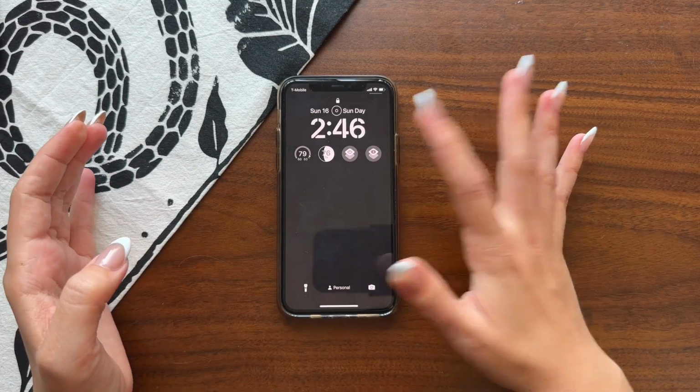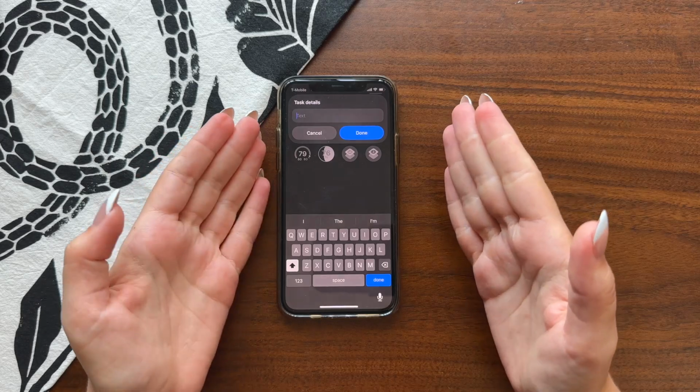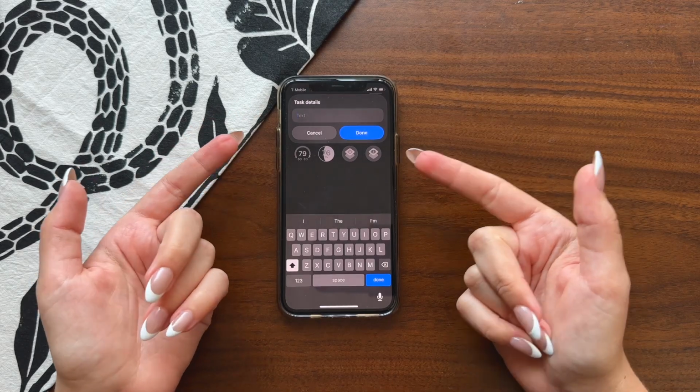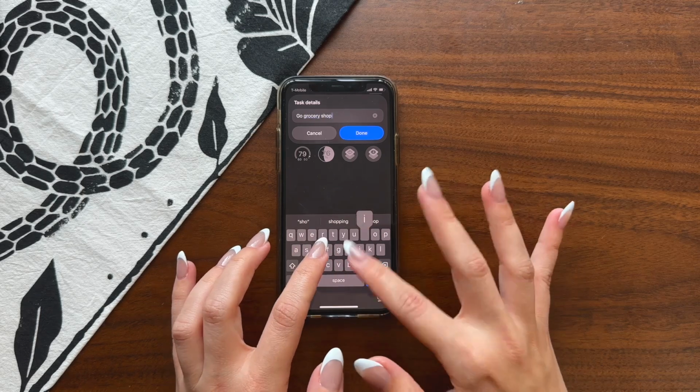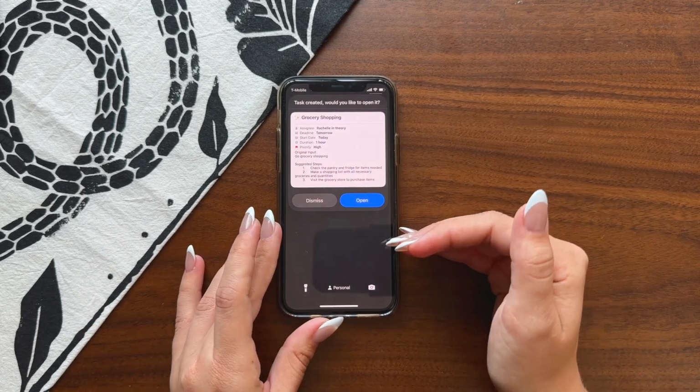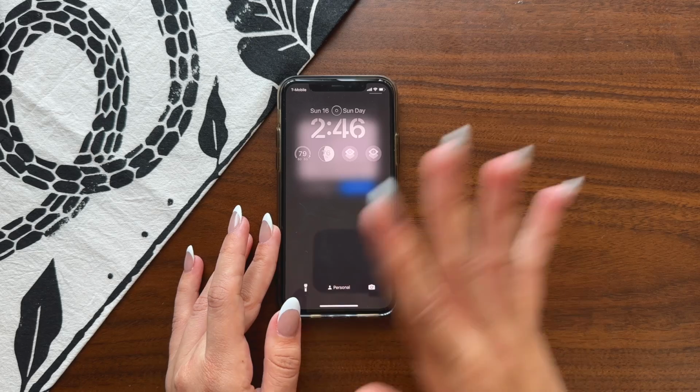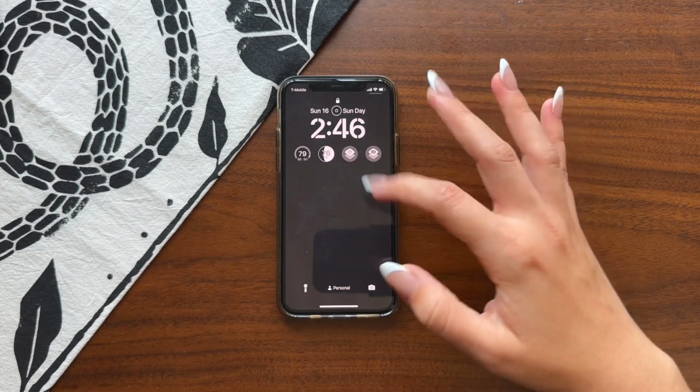I have the same thing with the tasks. I just click on the shortcut and it opens the same way that the notes app does. I just add a quick task here, go grocery shopping, click done, and then it will show me the task. I'm going to dismiss it because I don't want to go into the app, but it's that kind of quick functionality that